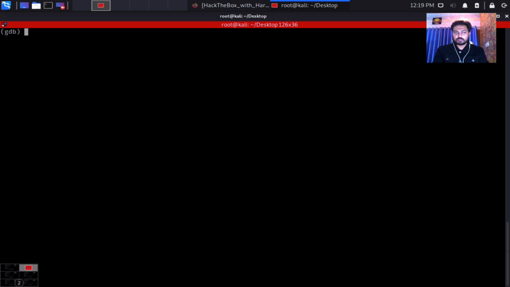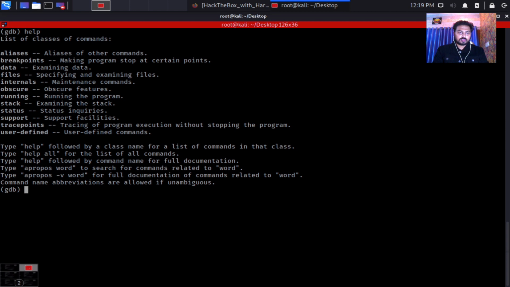If you don't know anything about GDB and how to use it, you can simply type the help command, and here you can see the list of commands available, like aliases, aliases of other commands, breakpoints, making the program stop at certain points, data, examining data, files, meaning specifying and examining files, internals, meaning maintenance commands, then we have running, stack, and many more.